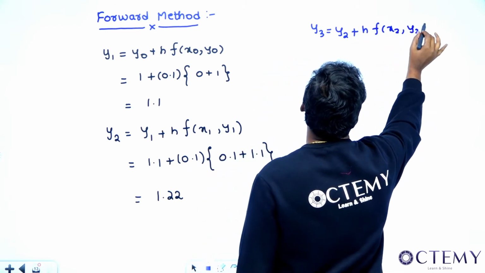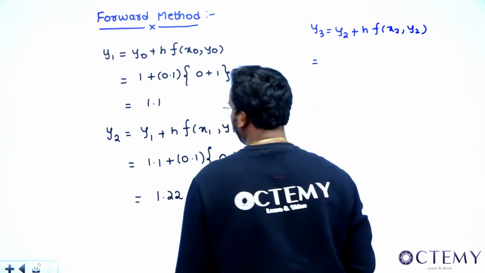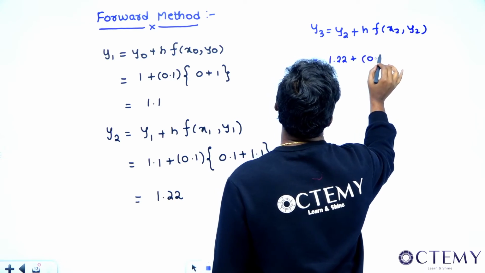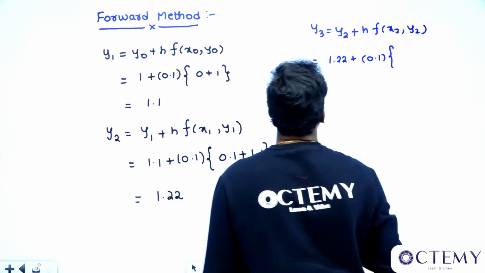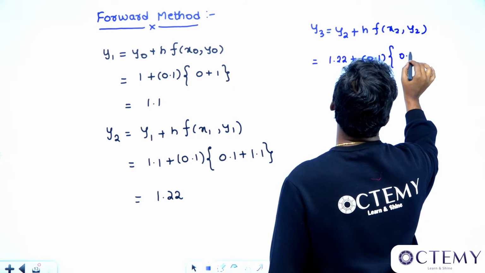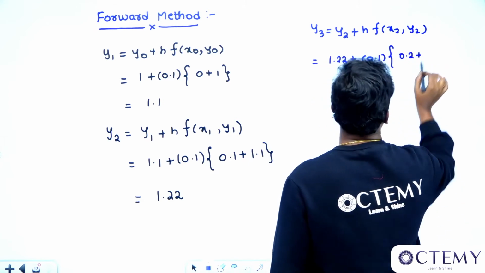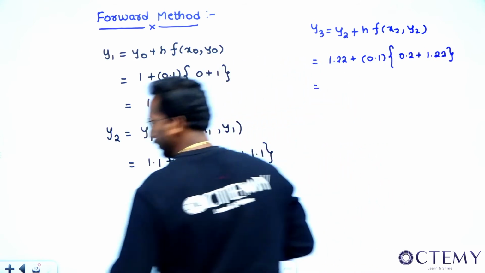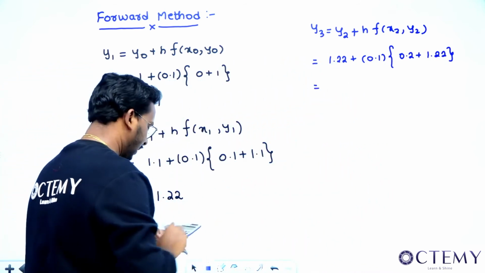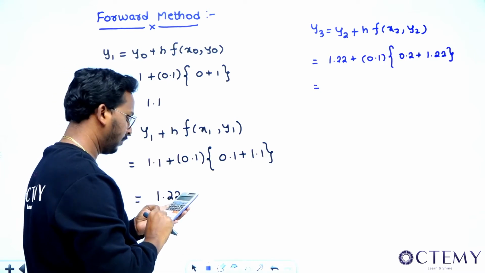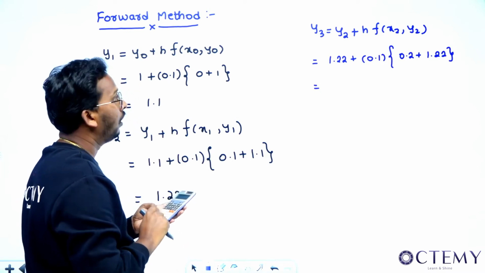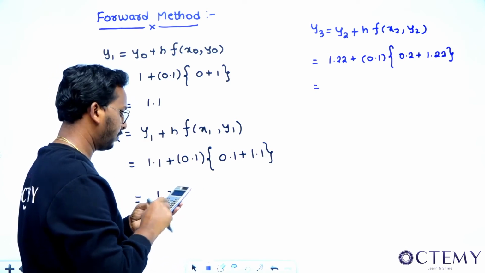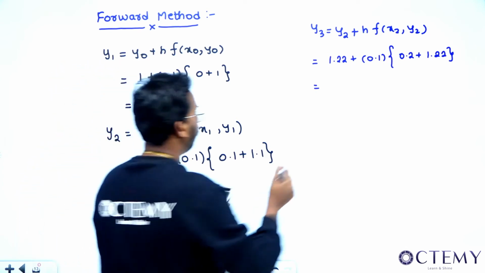x2, y2. So see, sir, what will that be equal to? What is the y2 which we got? 1.22 plus h is 0.1, and what is x2? That is 0.2, plus what is the y2? 1.22. So see, sir, what is the answer we will get? We will get it as 1.22 plus 0.1 into 0.2 plus 1.22. That should be equal to